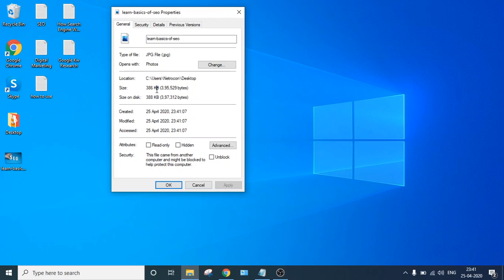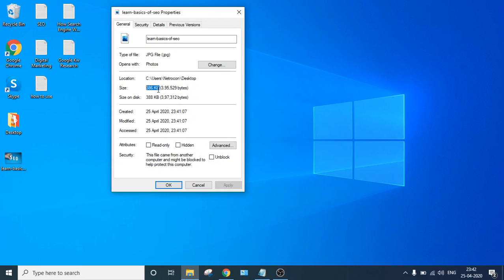Why this is important is it affects your web page loading time. If your image size is 1 MB or 2 MB, it increases your loading time. So reduce the file size of your images as much as possible without sacrificing the quality.